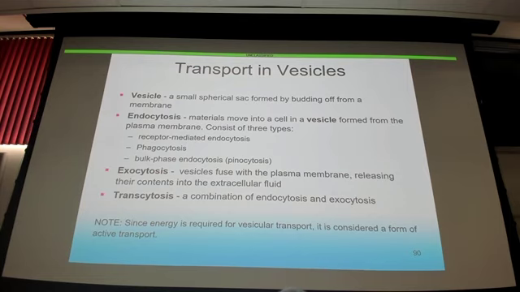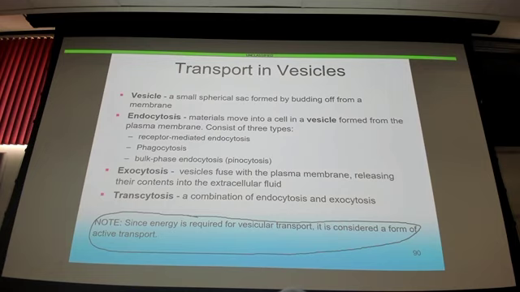Transport and vesicles. We're still talking active transport processes. So the last part of that was using vesicles, and vesicles also must use ATP. Vesicular transport is a form of active transport. Circling that, I put a note there because you often forget that. So you're going to take a vesicle, and it forms, you're going to use the plasma membrane to make a vesicle, either to move things into the cell or